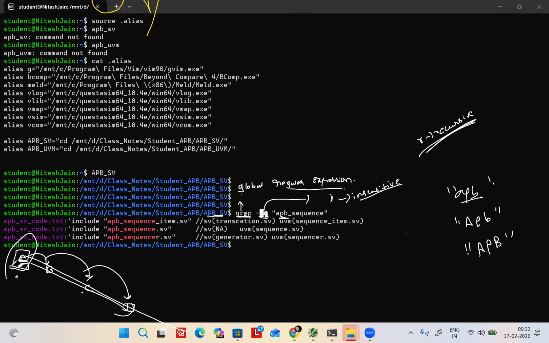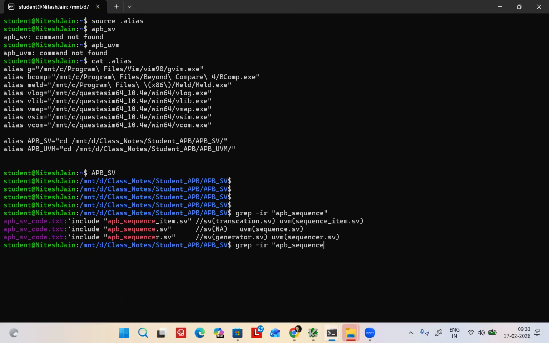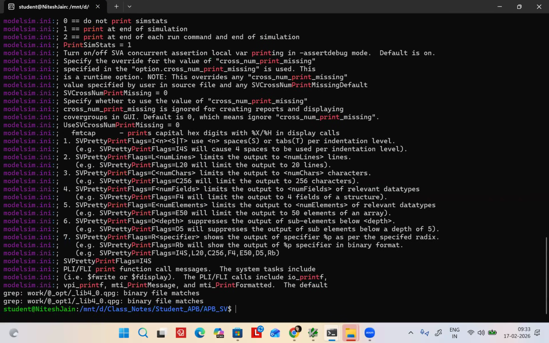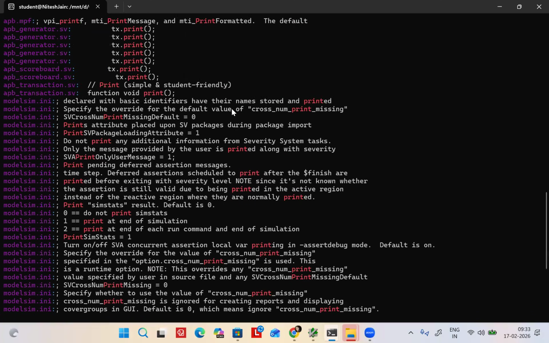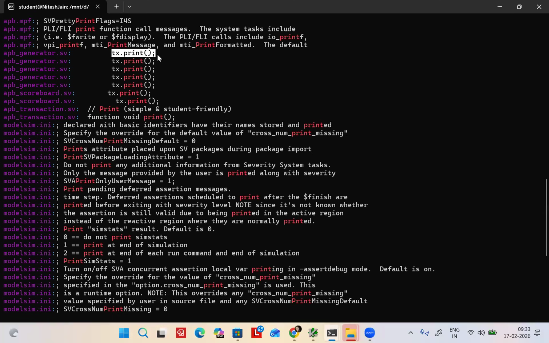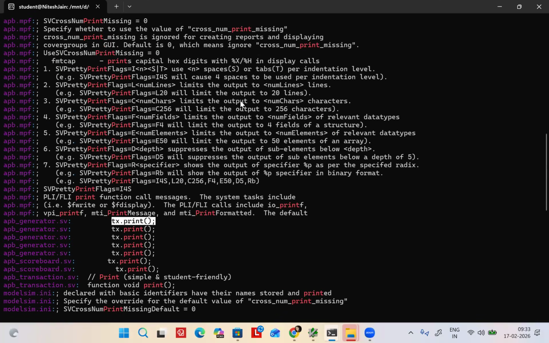Done? Okay. See, normally if you want to search where the word EPP is, you do grep. But now you see for a while. I'll give one more grep here. I have given grep print. What is the problem that happened? It is giving the calling. Where is the calling happening? Here.